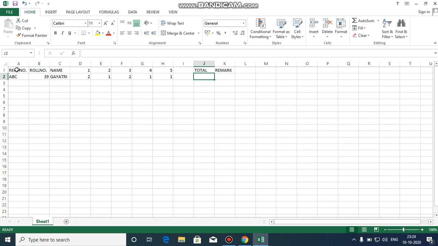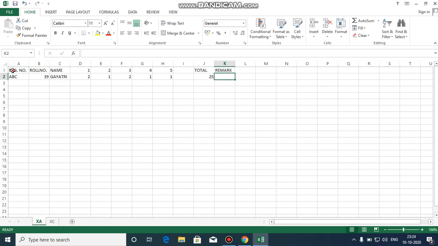So say this student gets 25 out of 25, we will write 25, and if there is any remark, then write the remark and save it. And if you want, you may save this for the individual class we are going to make. And if you want to make another sheet for the next class, say this is for 10th A, and if you want to make another sheet, just click on this new sheet, make another sheet, say for 10th C I am right now making.